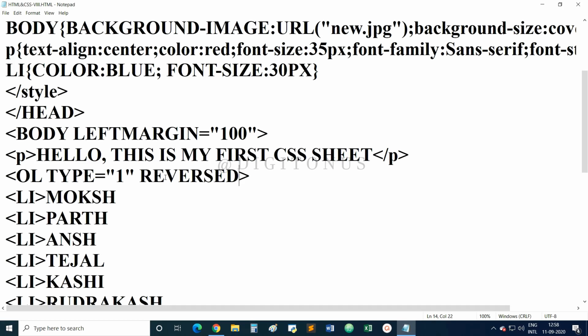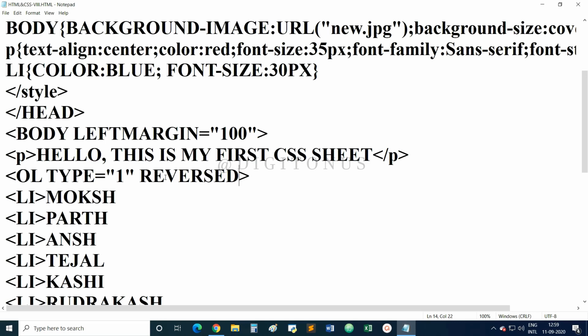Fine, dear students, so this is all about the list types in HTML, ordered list and unordered list. When you are using an unordered list, it means that you are displaying the information with bullets, either disk, square or circle. By default, it is disk type. When you are using an ordered list, it means that you are displaying the information in a particular sequence along with the numbers 1, 2, 3, 4, or it can be alphabets A, B, C, D, capital or small, or it can be in Roman numerals, either capital or small.